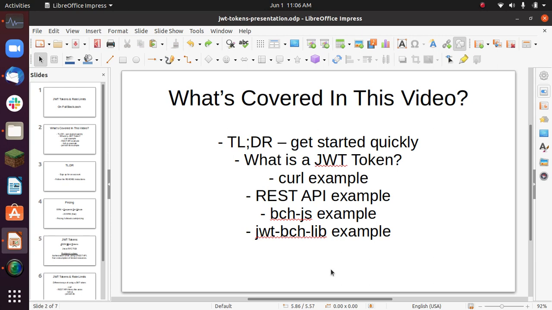For those who don't know what a JWT token is, I'll cover that next, just a brief introduction, and then I'm going to give a bunch of examples of how to use the FullStack.cash JWT token. I'll give a curl example, and I'll give a REST API example. Both of these examples are language agnostic. It doesn't matter which programming language you're using. It shows how to use the JWT token in those ways, and then you can adapt it to your own